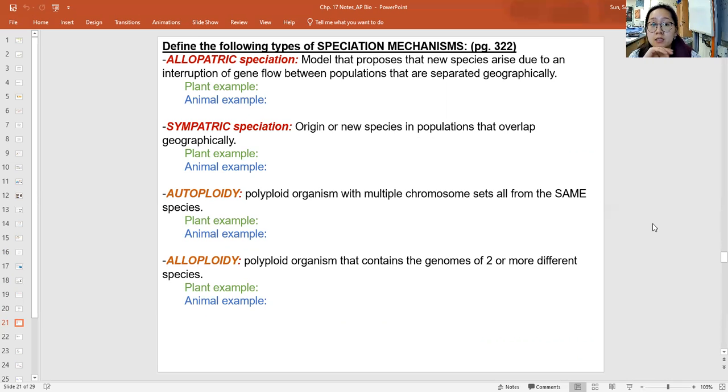Okay, so that is a model. So I want you to look up an allopatric speciation example of a plant and an animal. There are plenty of examples. There's another version that explains that